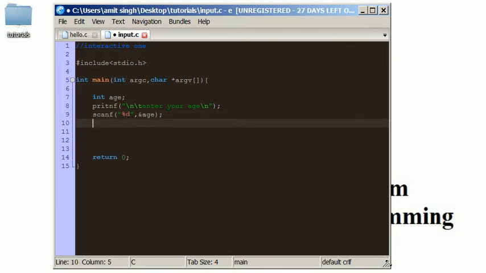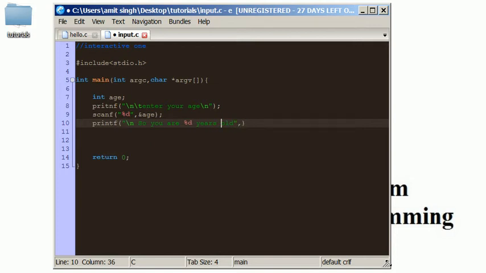Now we just need to show it to the user. We write \n, "so you are %d years old".